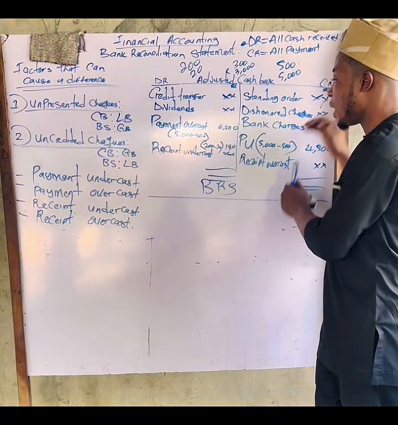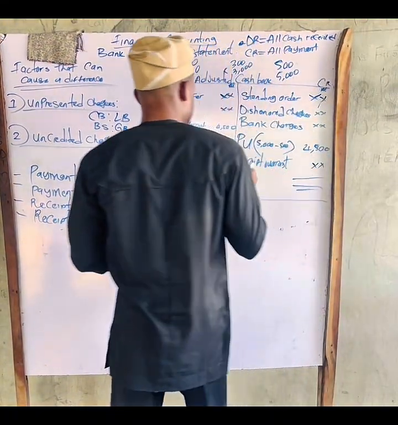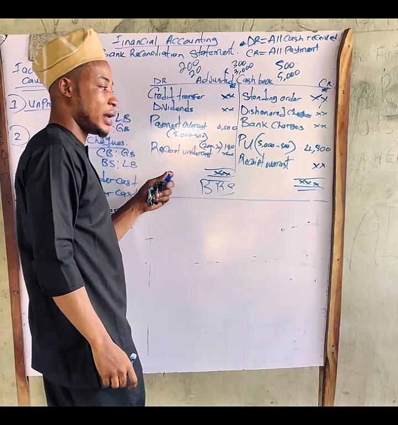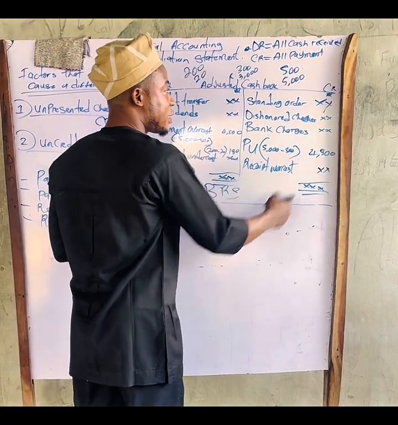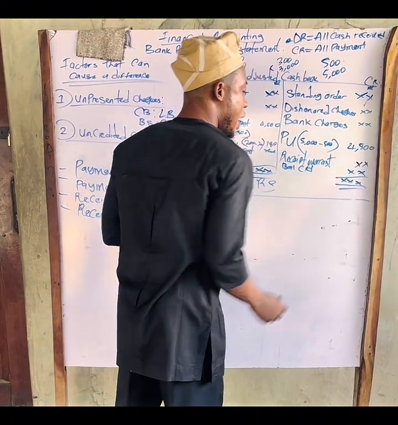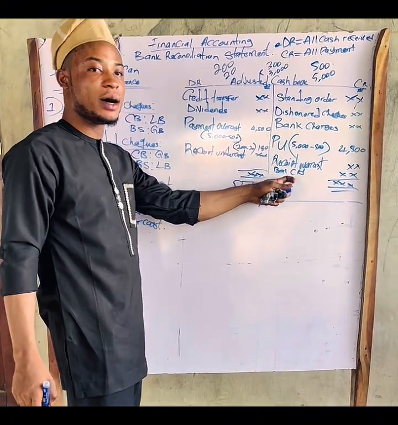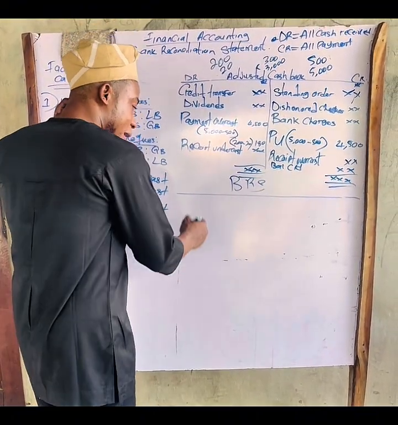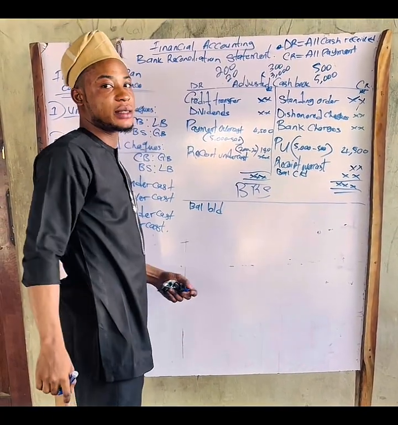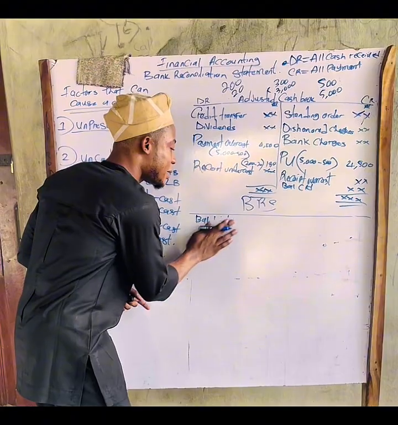So when we are balancing the figure, we are expected to have a greater balance in the debit side and a lesser balance in the credit side. So we are going to have a balance c/d here, and this amount, your balance here, is going to be brought down in the bank reconciliation statement,